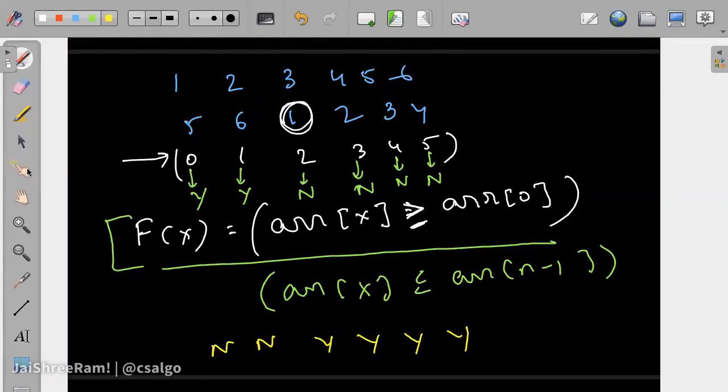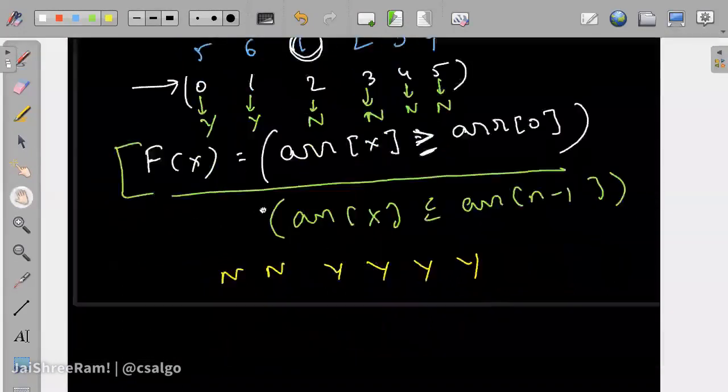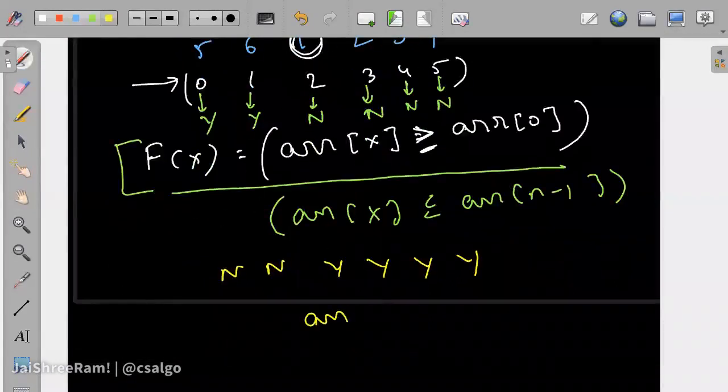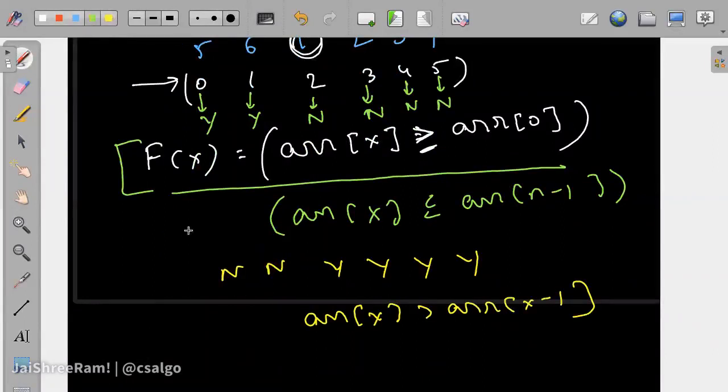But this is not correct. Let me give you one particular function. This is not correct: ARR of x is greater than ARR of x minus 1. So if you transform using this, what you will see is, trivially, we take this as